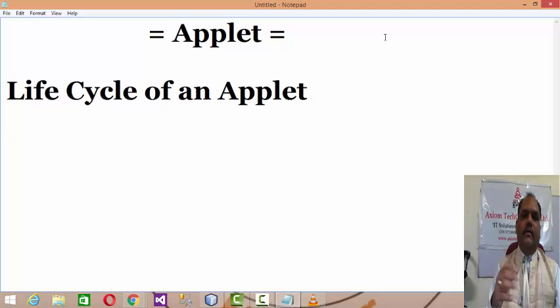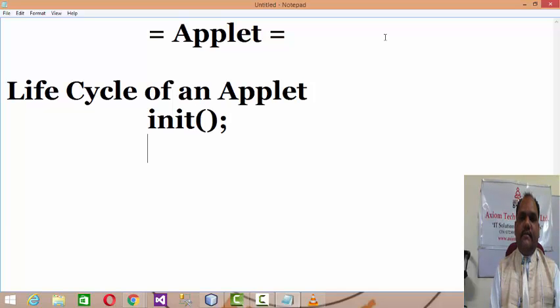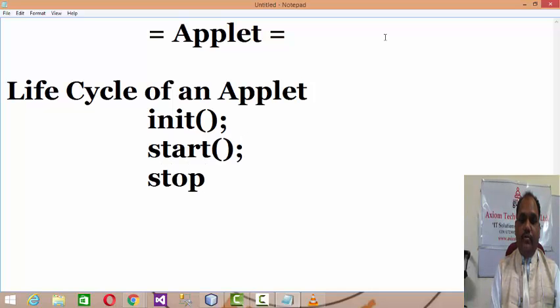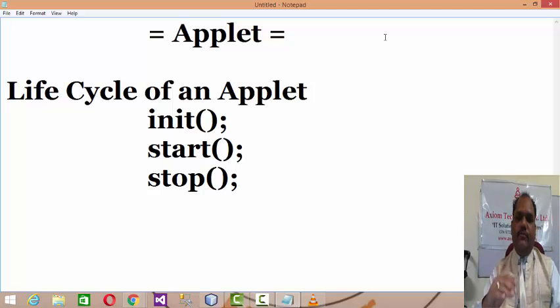While executing, an applet follows its own life cycle. It will not directly give a call to the paint. First of all, there is an init method. The applet gets initialized, then it gets started. If you navigate from the web page where the applet is running to another page, it will give a call to the stop.